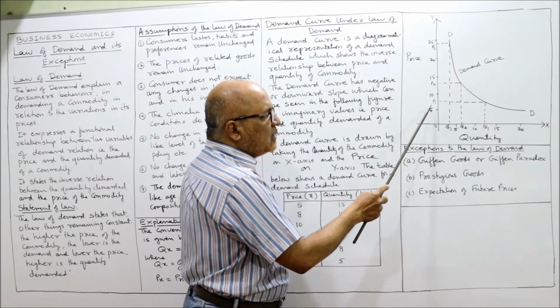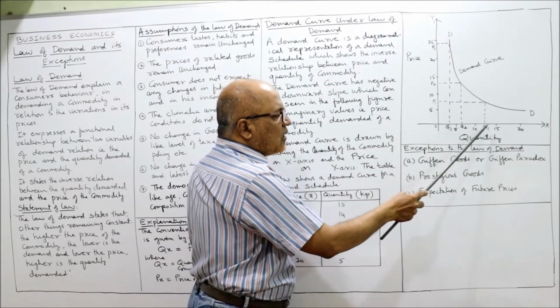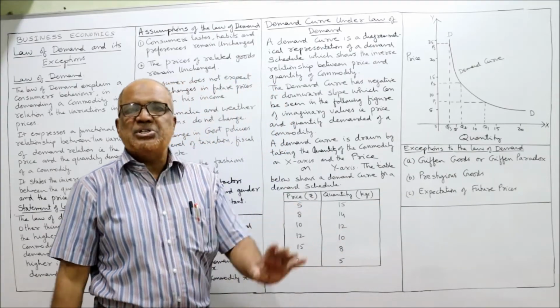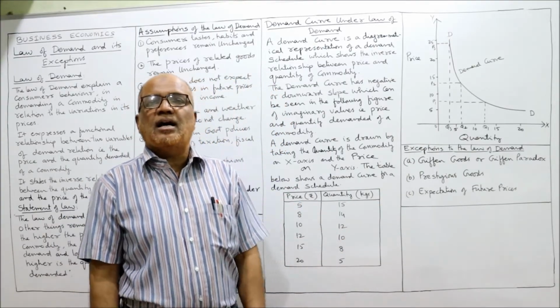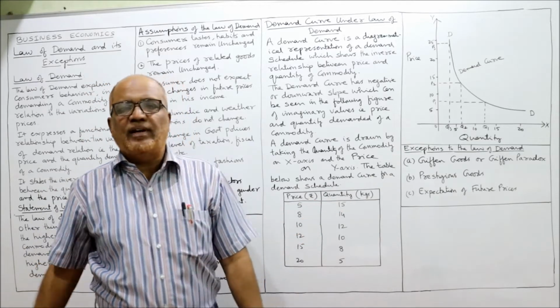So you can see the price is increasing, P1, P2, P3. The quantity is decreasing, Q1, Q2, Q3. This is called demand curve. That's it. Now last topic in this video is regarding